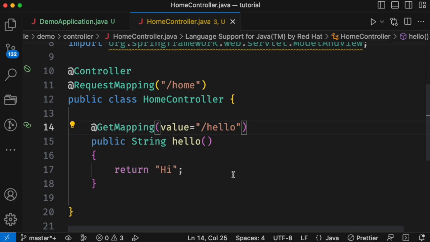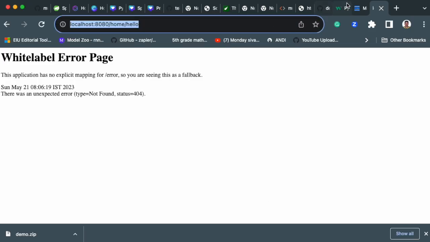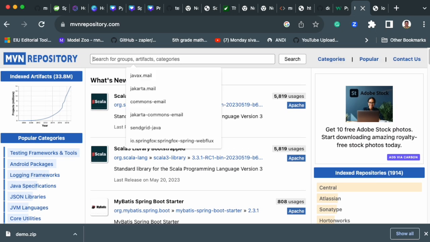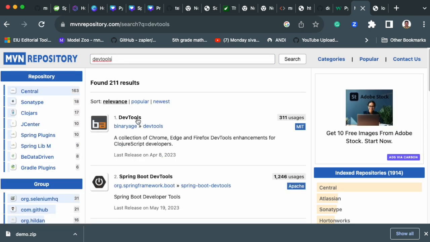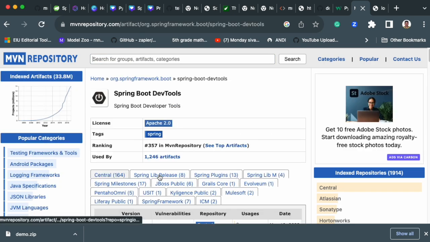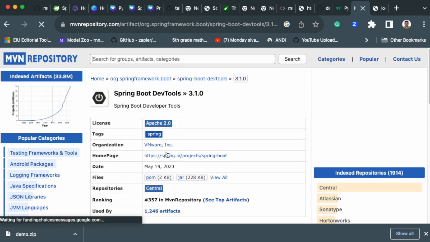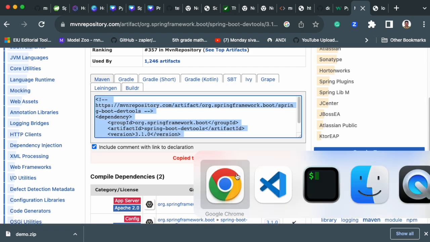Okay, if you need to know all about this controller routes and all, please watch another video. So in order to auto compile, I'm going to add one of the Maven repositories, so I need not stop and start on every change. Spring will automatically take care of auto recompiling. So let's use this Maven library, Spring Boot Dev Tools, and copy this one and go to your